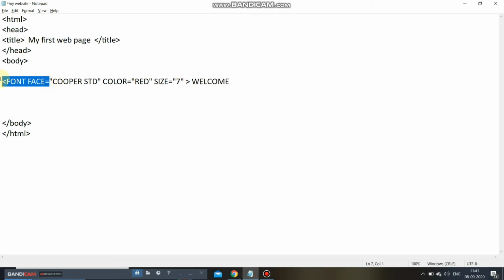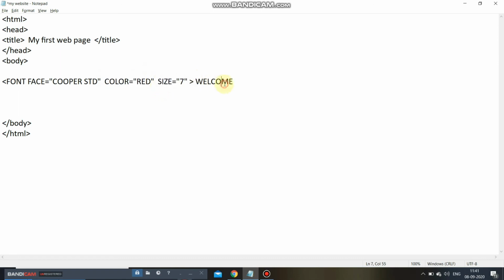Font face, you know the syntax. Font is the attribute basically. Face is used for the style of the font, color is used for the color of the font, and size is used for the size of the font.